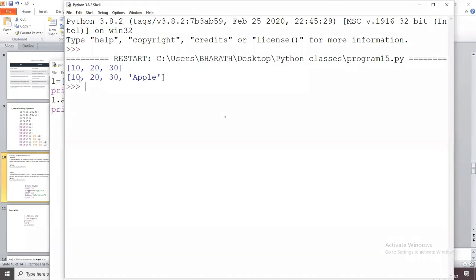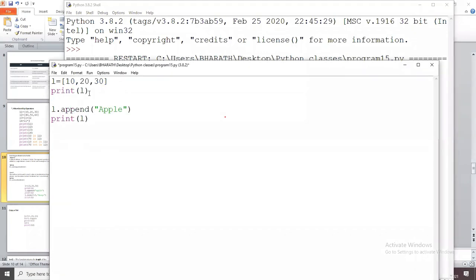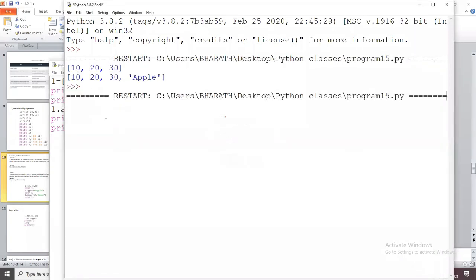So 10, 20, 30, and after appending, 10, 20, 30 and apple. You see, print length of L. Here the length of L is 3. After appending apple, the length of L is 4.